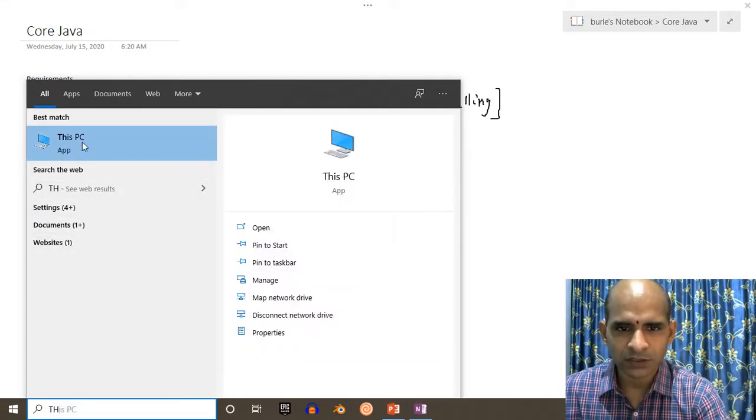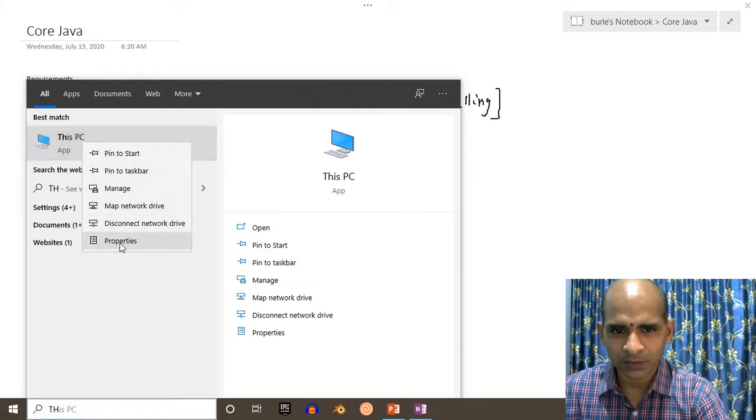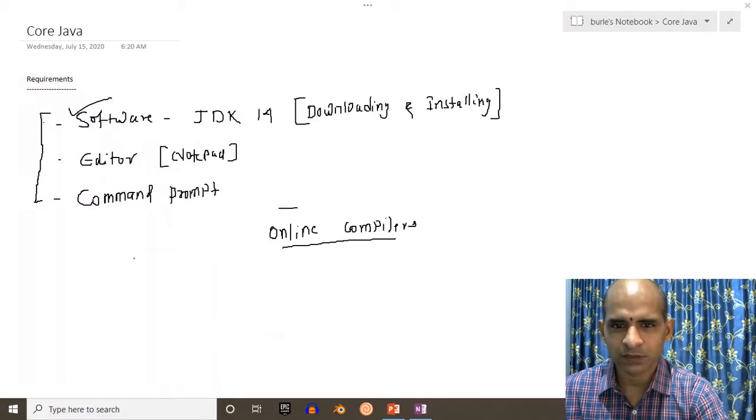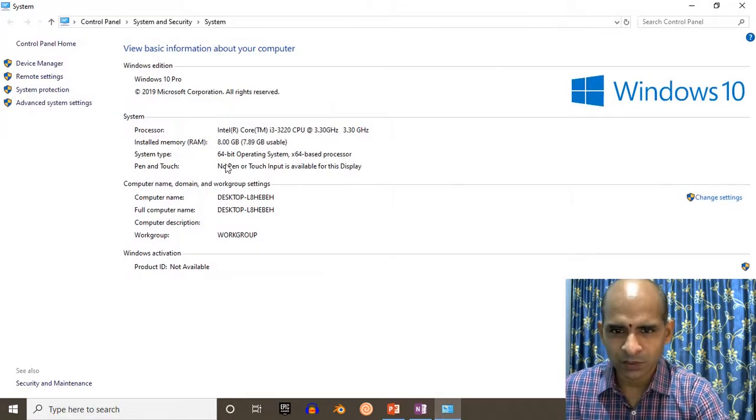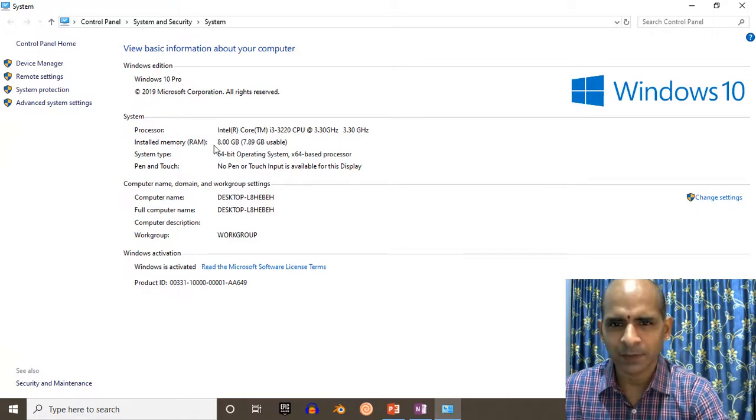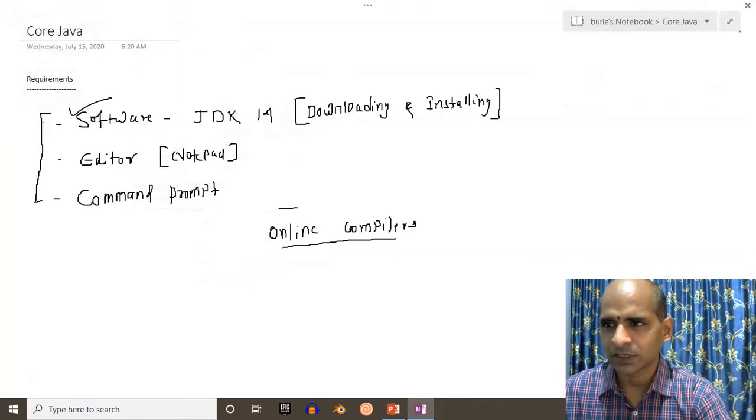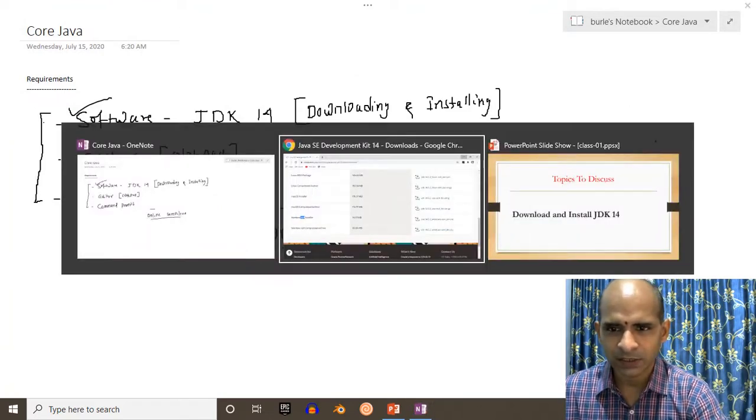Right click on it and choose Properties. Here you will find that the system type is a 64-bit operating system. I have a memory of 8 GB. So from this we confirm that the operating system is 64-bit.